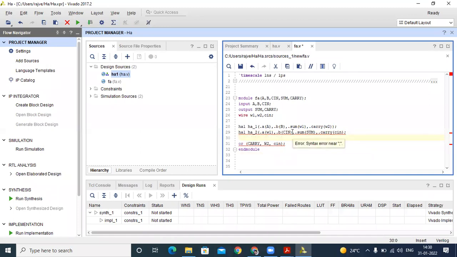Syntax error. Sir, one bracket is missing. Where? Sir, at the last. Okay, okay, okay. Okay, thank you.